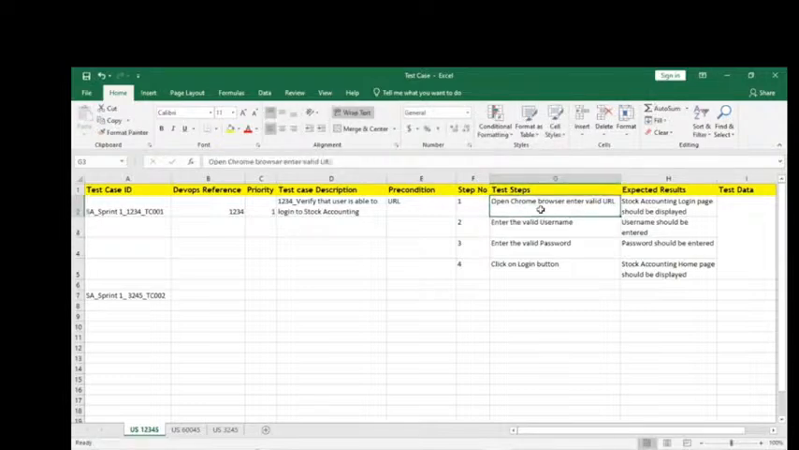So for this, enter the URL, enter the username, password, click on the login button. Then what is the expected result? If we do any action, what is the outcome? How we write all these things, we'll discuss. And